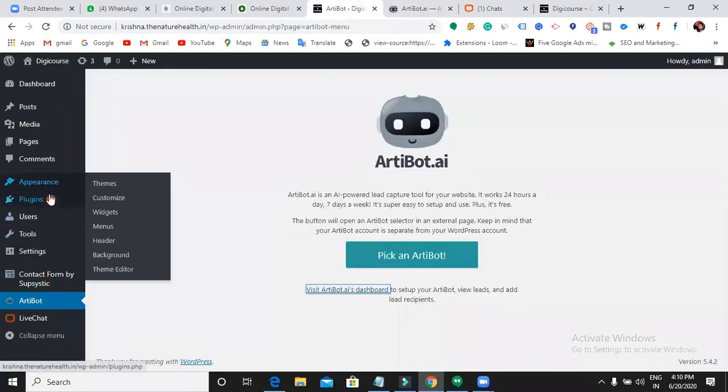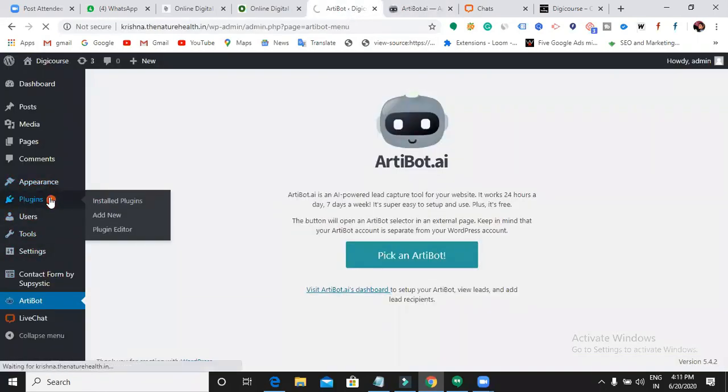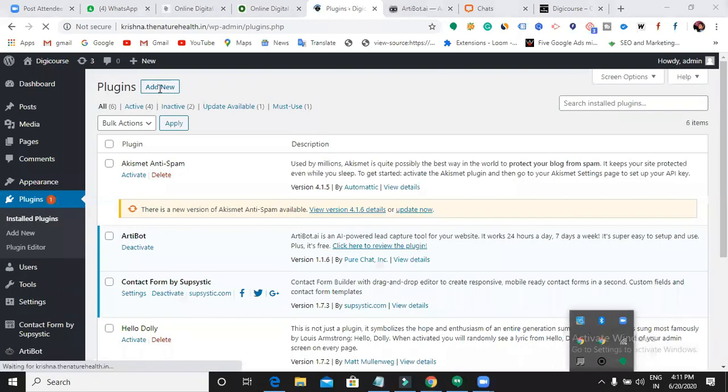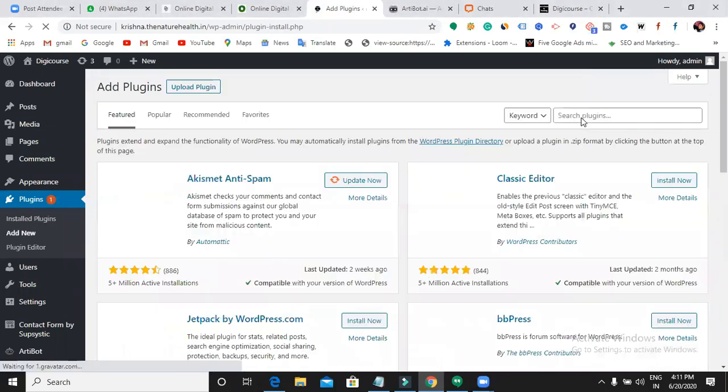If you are not aware of coding, you can directly install a plugin.